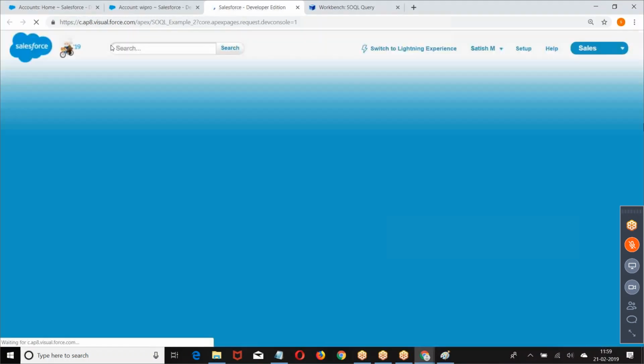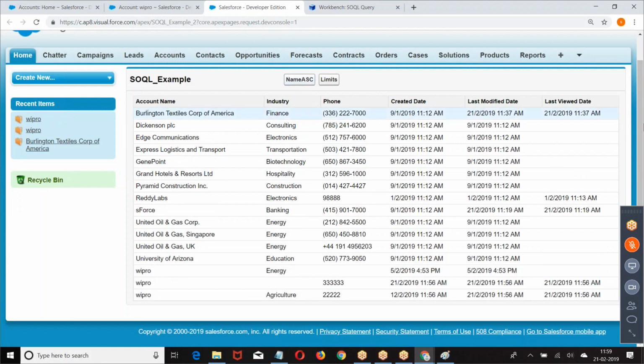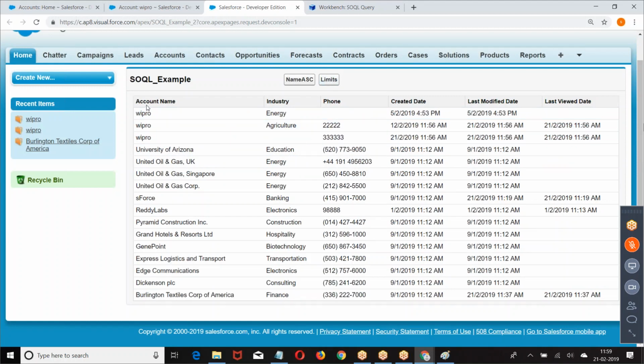Review. This is how we got the data. Ascending order of name. So we got here BDE. Then we got the next one in descending order. So ascending order and descending order.